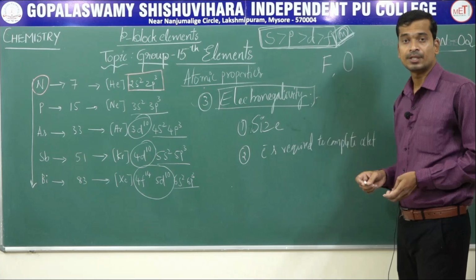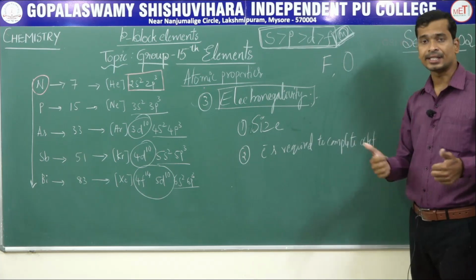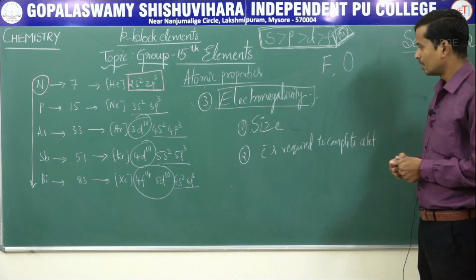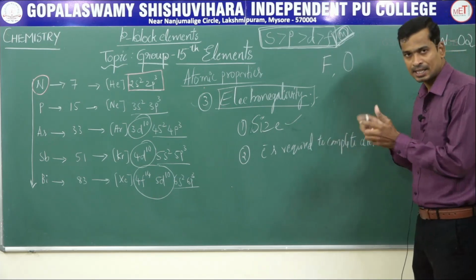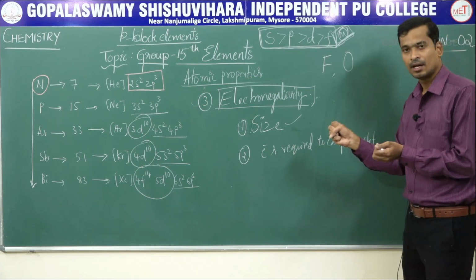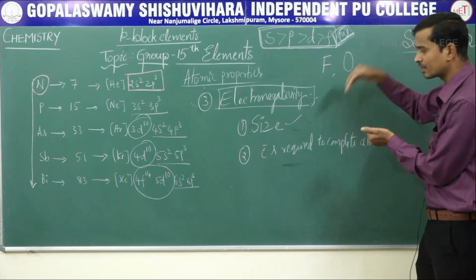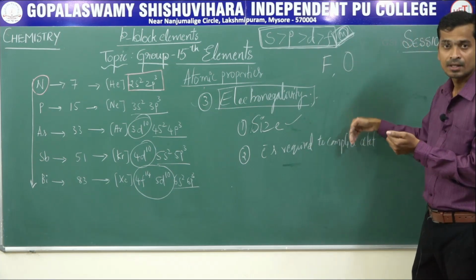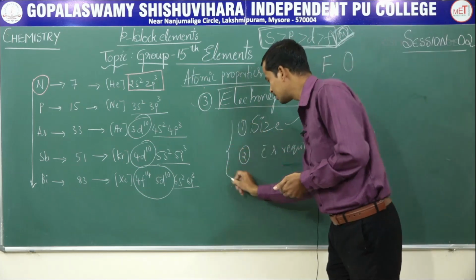You studied in first PUC what the octet rule is. Clear? It means the valence shell containing 8 electrons is stable. Size decreases from left to right, and moving from left to right in the periodic table, electrons are added to the same shell. Those are the two factors